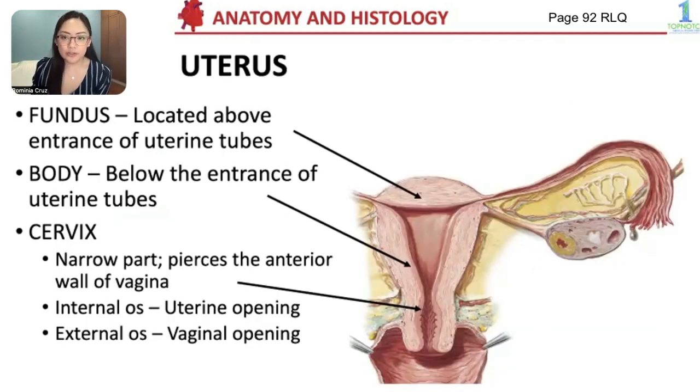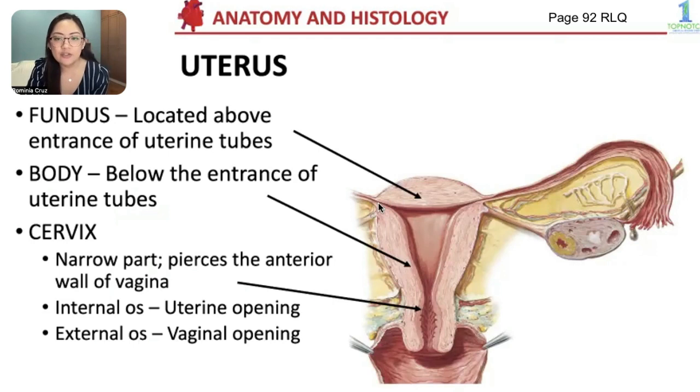So let's move on to your uterus. In a nulliparous woman, the uterus is about 8 centimeters by 5 centimeters wide and 2.5 centimeters thick, and weighs 40 to 50 grams. Each measurement is approximately 1.2 centimeters larger in your multiparous woman and weighs 20 to 30 grams heavier. So the dome-shaped top of your uterus is called your fundus,